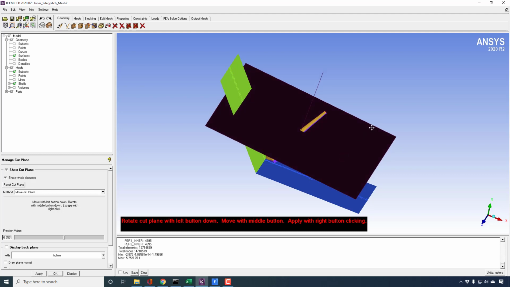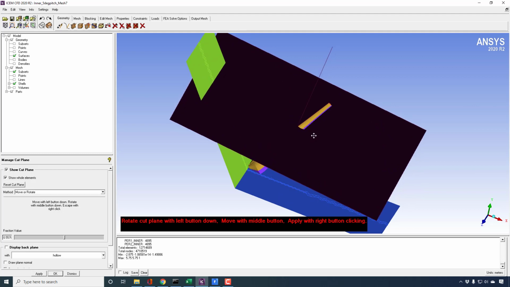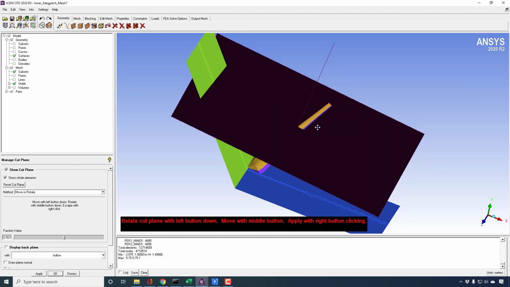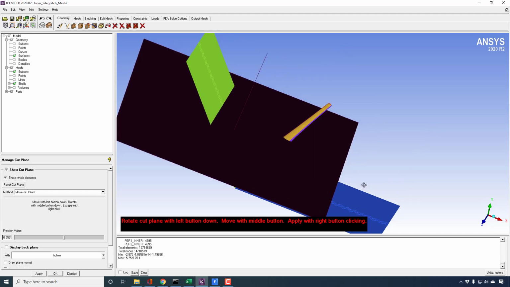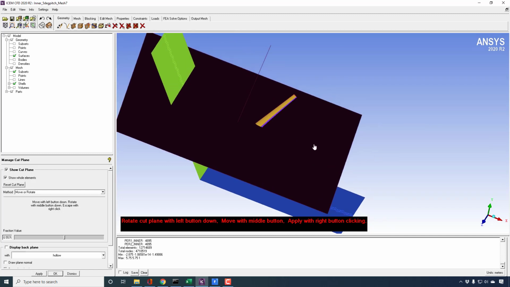Then I will move it a little bit on the downward side, and I can also move this plane in the upward direction. I just want it slightly angled to the downward side, so I can also do it in this way.